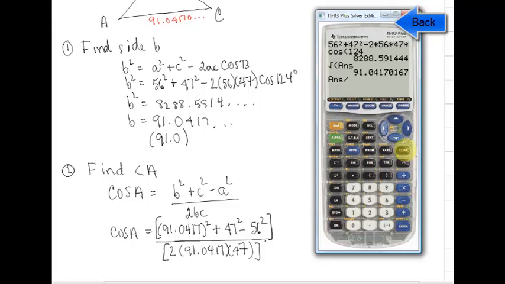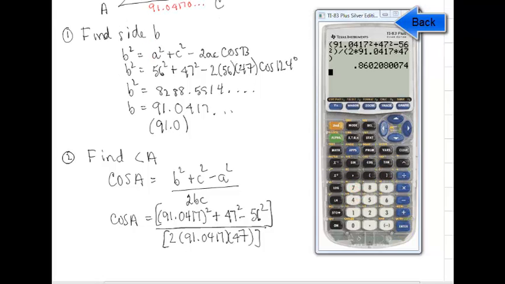Okay, so bracket 91.0417 squared plus 47 squared minus 56 squared, close the bracket, divide it by 2 times 91.0417 times 47 bracket, and that gives us